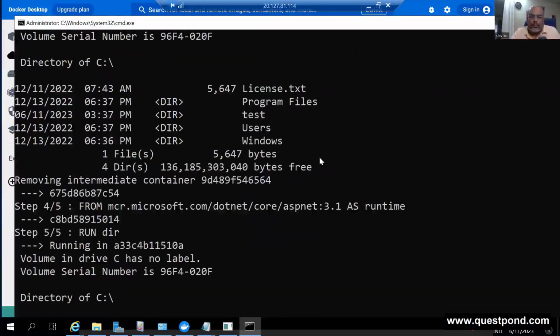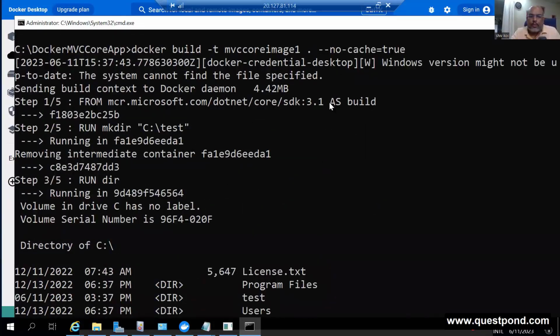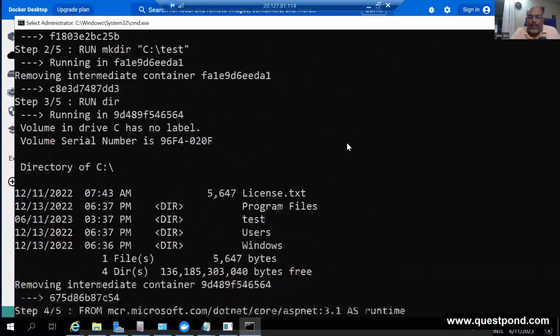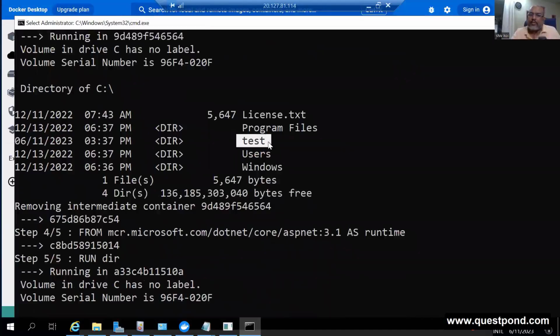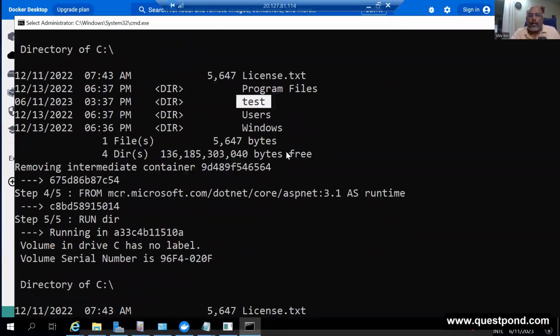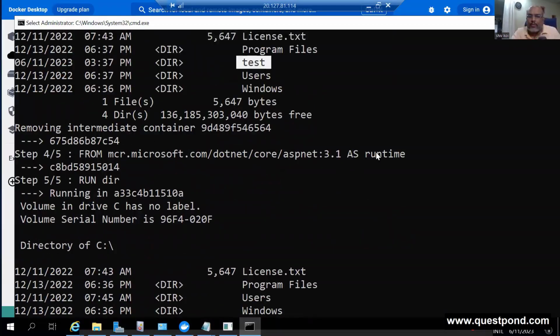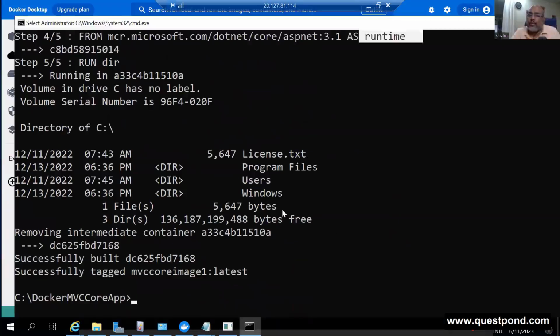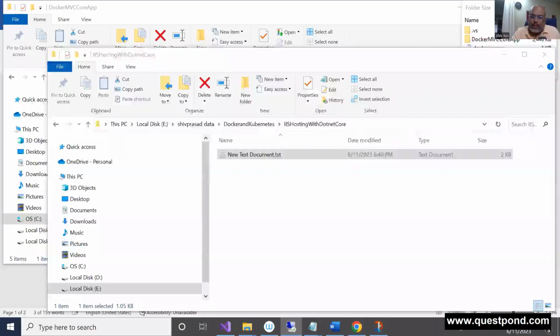If you see here, what you see in the command prompt, this is the build stage. And in the build stage, you can see he has created the test. Please note everyone, I'm trying to go slow. In the build stage, he has created a test, but look at it when it runs this runtime stage out here, there is no test. Did everyone understand this? Very important this is. The build happens in stages. Please comment out there if you have understood it. The build happens in stages, and in stages, the